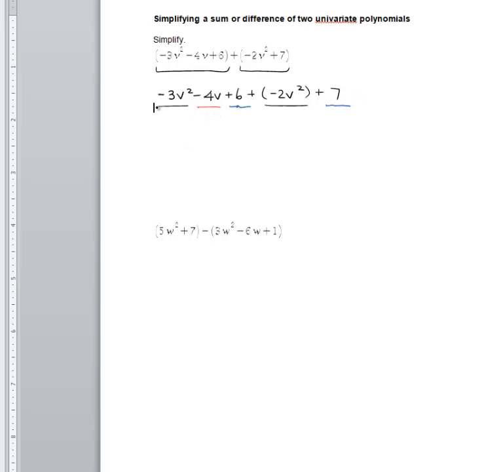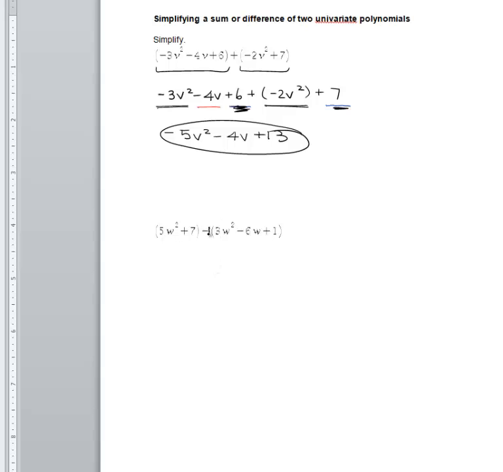So if I have negative 3v squared minus a 2v squared, I get negative 5v squared. And then I have a minus 4v. And then I can combine my 6 and my 7, and I get 13. So now that's simplified. If I'm asked to subtract, I can't just remove the parentheses because essentially I have a